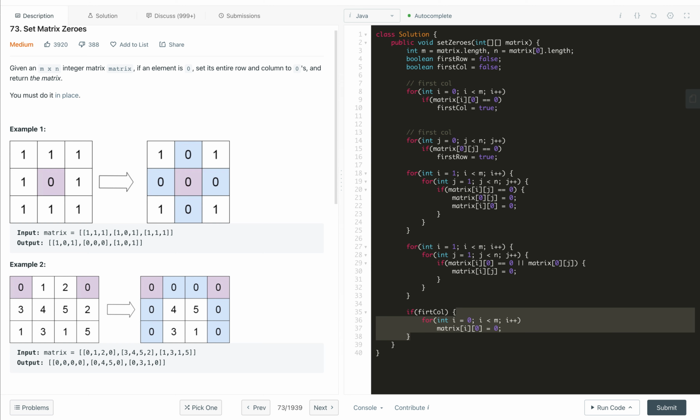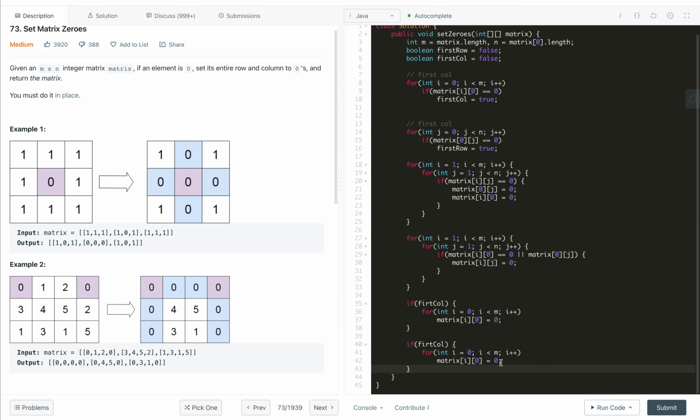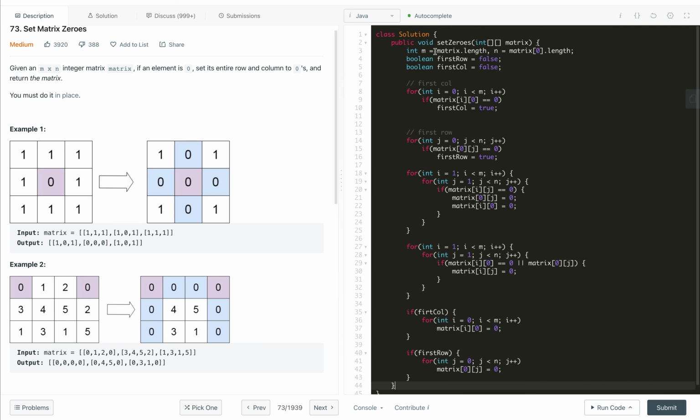So that's it. Now copy paste this for the first row. This will become first row, and now we need to take this loop. This will be the row over here. So this now becomes 0th row and jth column. So that's it, and we don't have to return anything because it is an in-place method.